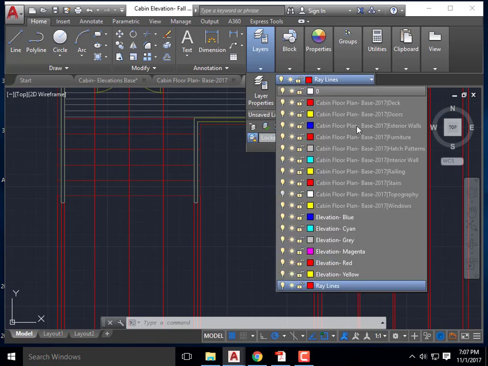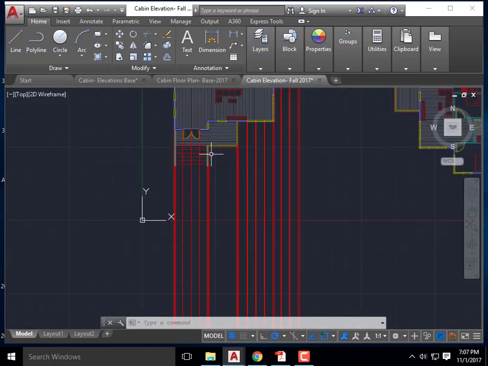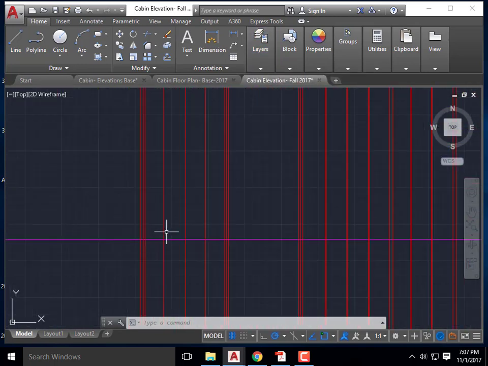a different layer. All right, I'm not going to do blue. I'm going to reserve blue for my actual building, but I'm going to do something similar. I'm going to do cyan. That's going to be the next boldest line. Okay, so I'm going to go down here to my ground plane line